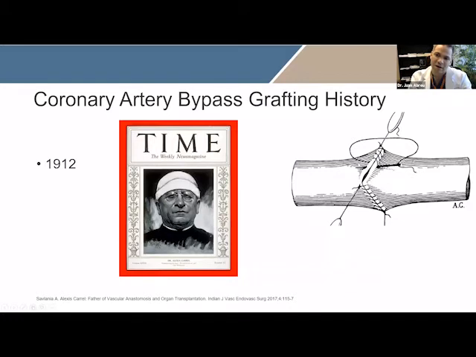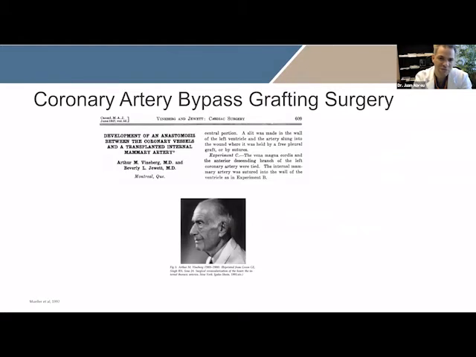But what's happening is that cardiac surgery was not even a science back in this time. So it took 40, 50 years for us to have some sort of technology or thought process about how we can do cardiac surgery safely. So this is when Dr. Weinberg came through. Dr. Weinberg actually was the first person who thought about the idea of doing coronary artery bypass. He knew from the work of Dr. Carrel that this thing could be done.